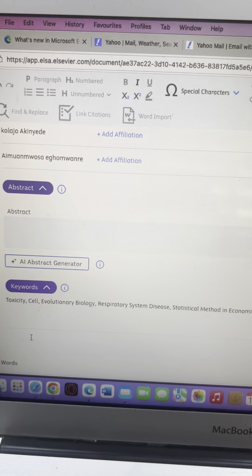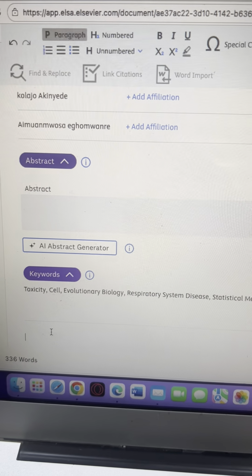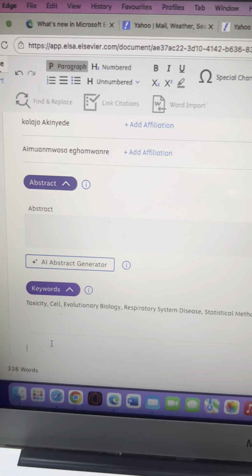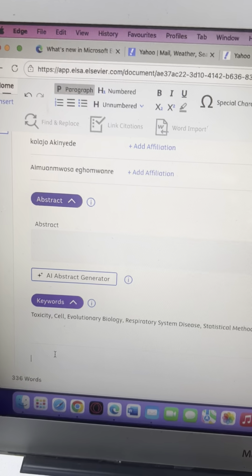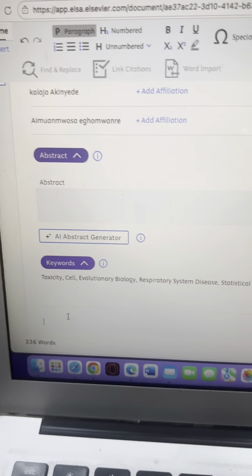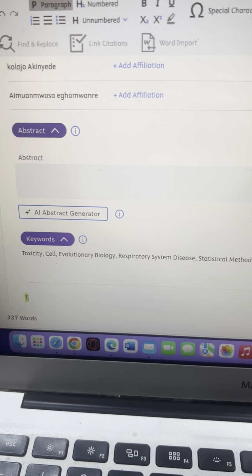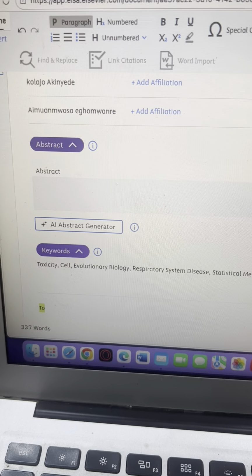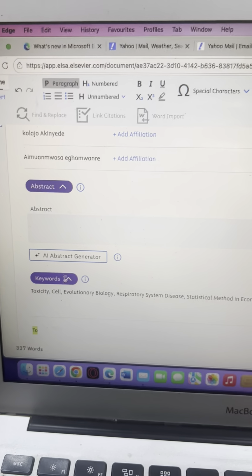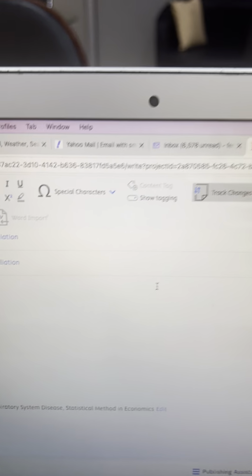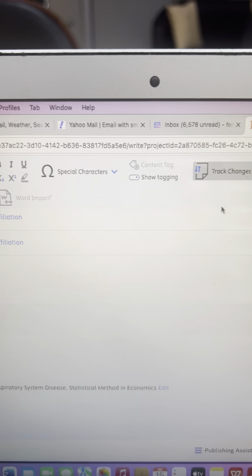The keywords, you just click on the working area for the keywords and it comes up. And then maybe your keyword is toxicity. For instance, you just type toxi. Then again, something I'm missing out. On this working page, please do not forget,